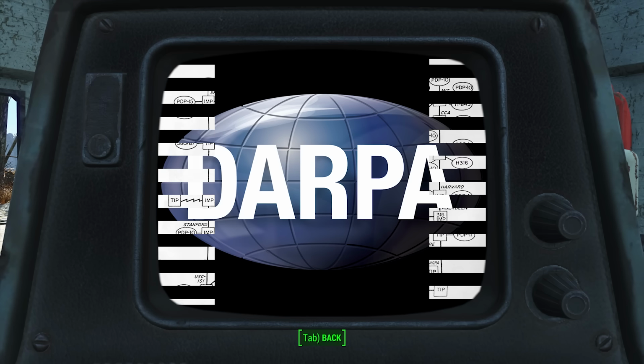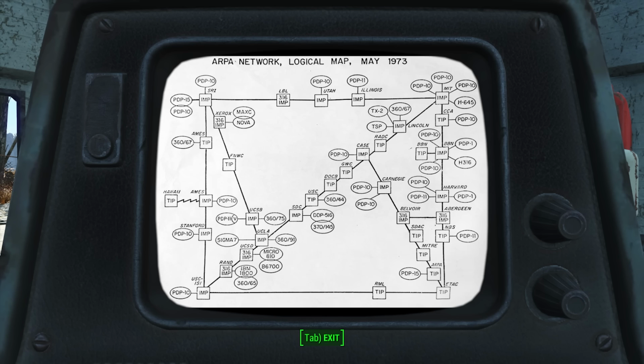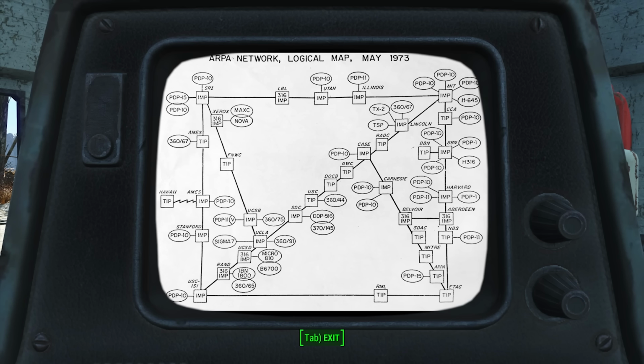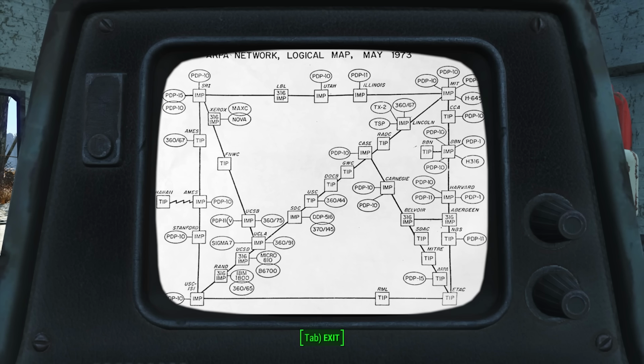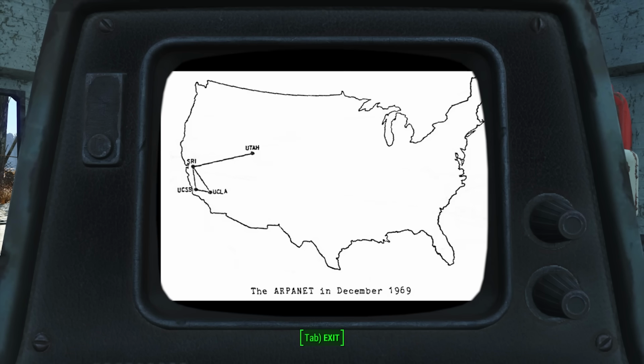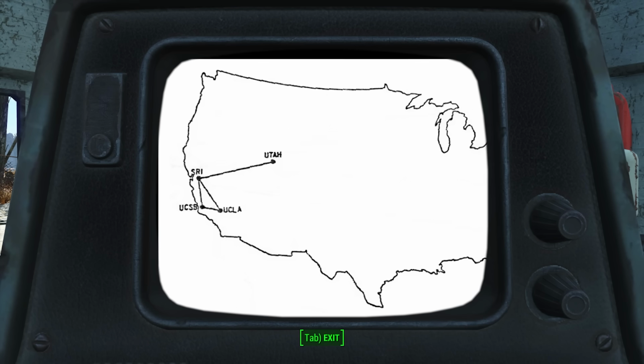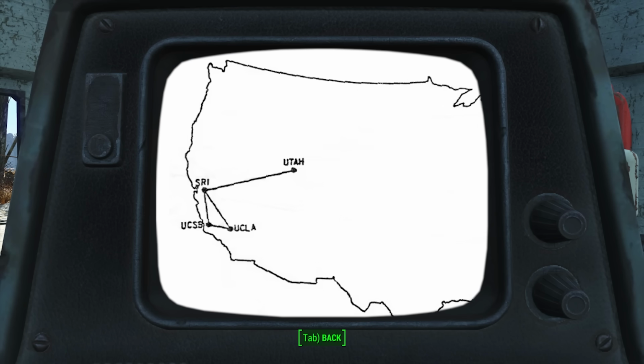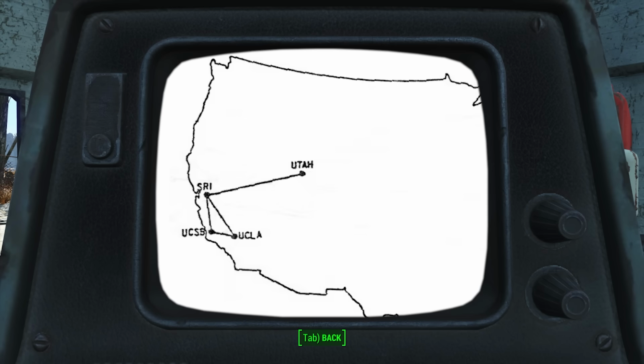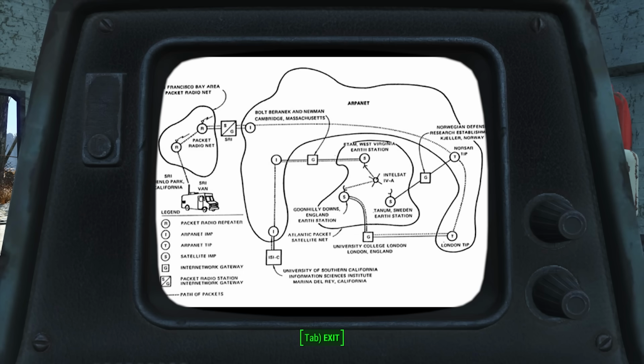Yeah, that one. From its inception, ARPANET was considered first and foremost a research project, an attempt to create a network on a scale that hadn't been achieved before, and as a result, the first 4 locations to be linked together in this network, in what are called nodes, successfully connected in 1969. ARPANET would continue to expand through the next decade, and we can see some similarities between Poseidonet and ARPANET in the games. They were both transcontinental networks, and in Fallout, Poseidonet is the only known network to cover such a large range.